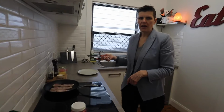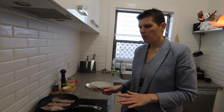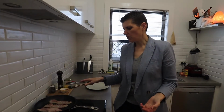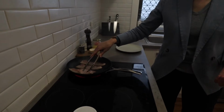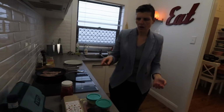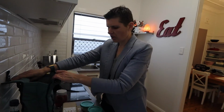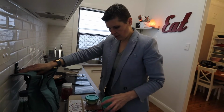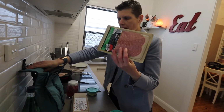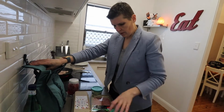So I'm just cooking up my breakfast. Now some mornings I will have breakfast and some mornings I won't have breakfast. I just kind of go off how I feel. I'm just cooking up some bacon and I'll fry up a couple of eggs, and I also get my lunch ready at this time. Lunch is usually something pretty easy, so today I'm going with some salami, some mayo,